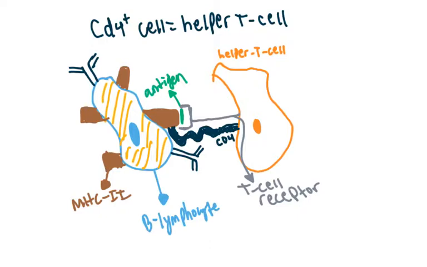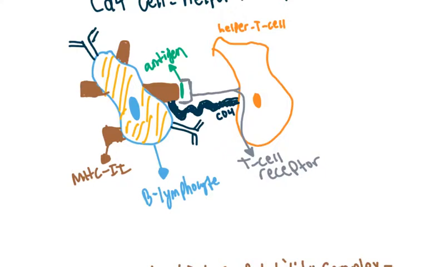after our helper T cell will actually release some lymphokines, or other types of cytokines also. So we're just going to say it will release some lymphokines and cytokines. So pretty much it's this. After our CD4 protein binds to the MHC2, our T cell receptor also has to be attached to the antigen's binding spot of our MHC2. After that happens, our helper T cell will start releasing certain types of lymphokines and cytokines, so pretty much inflammatory chemicals. So these are going to be our lymphokines,